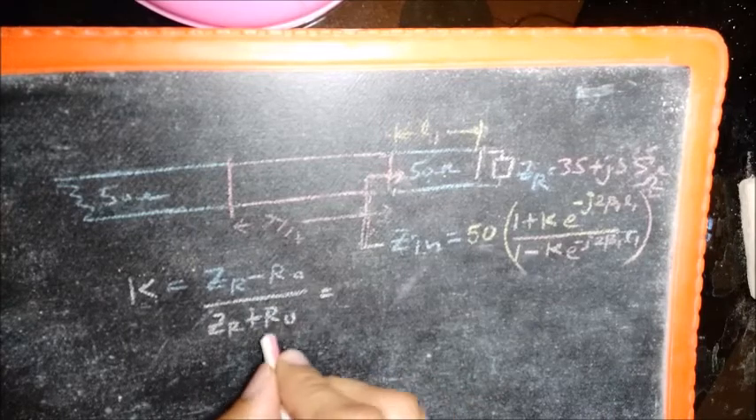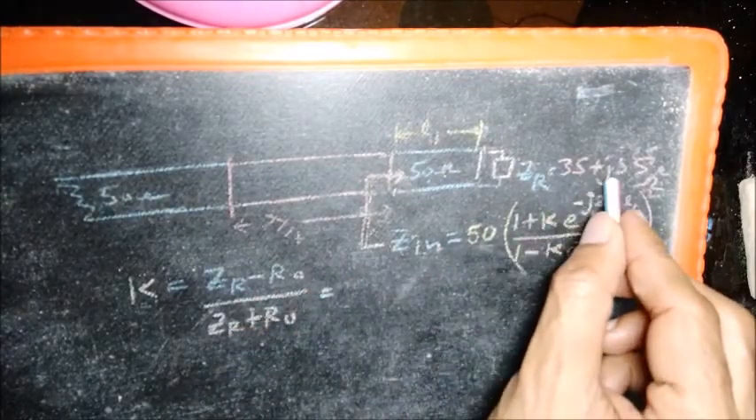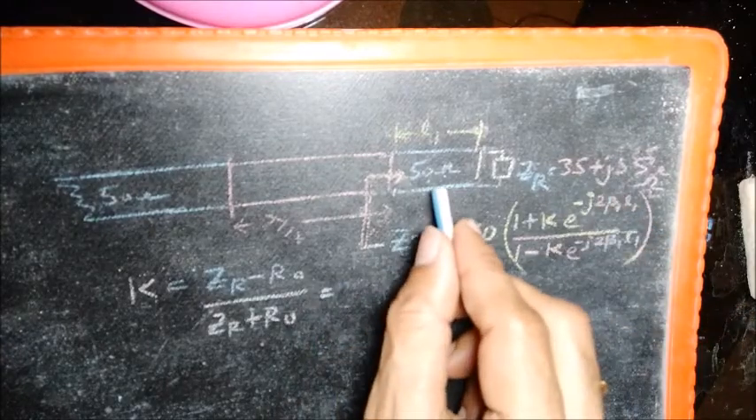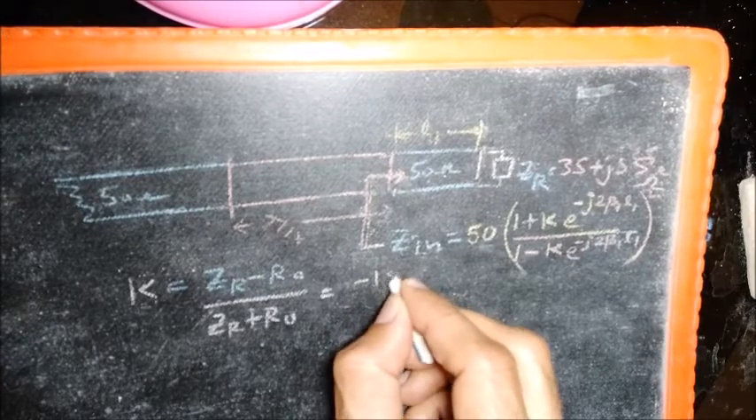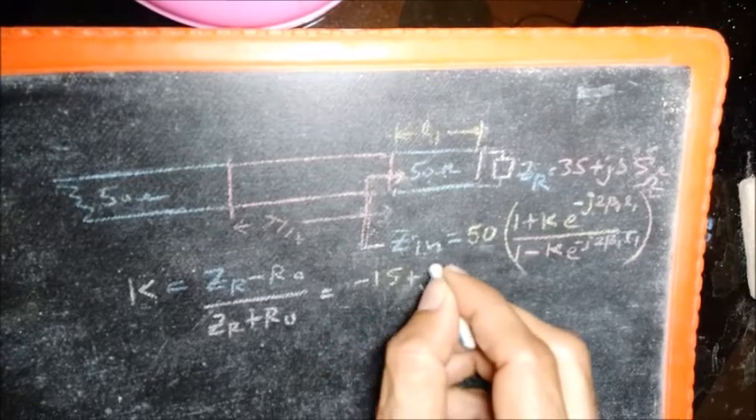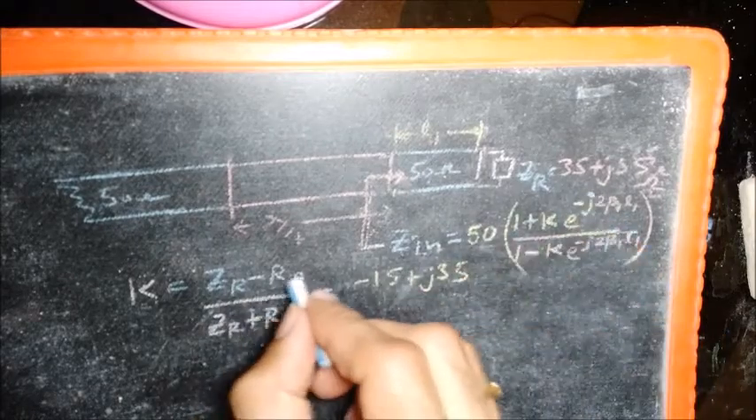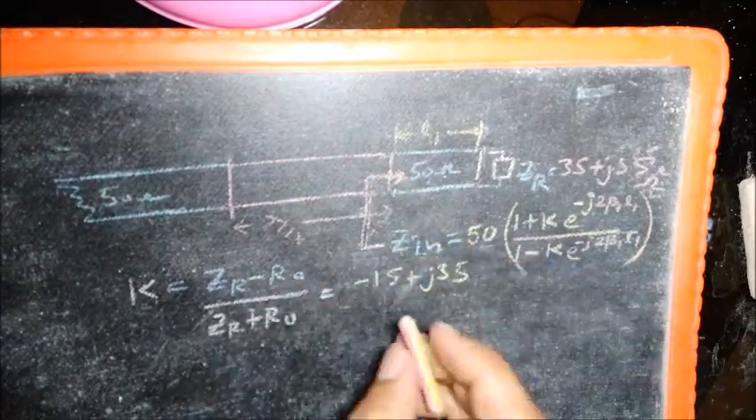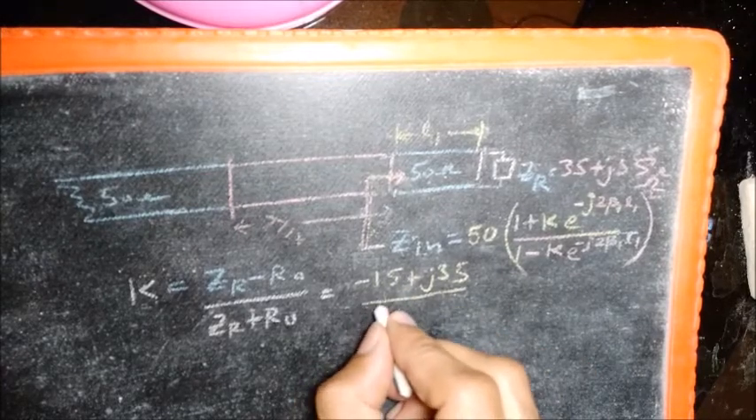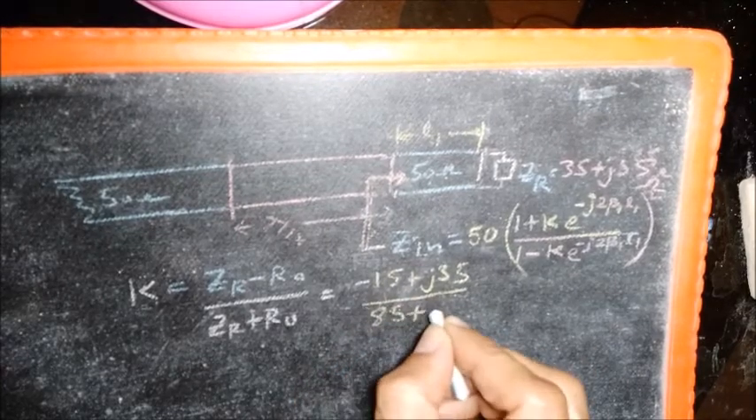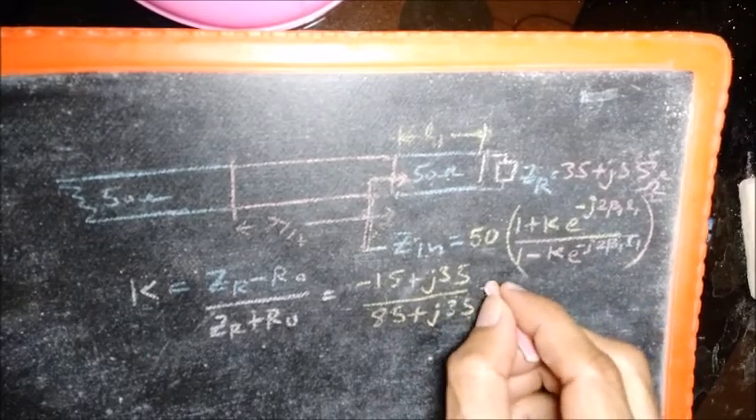So (ZR minus R naught) by (ZR plus R naught). ZR in our case is 35 plus j35 ohms, and R naught is 50 ohms. So when I do ZR minus R naught, I will get minus 15 plus j35. ZR is 35 plus j35 minus 50. So 35 minus 50 is minus 15, and j35 is there as it is, divided by, in the denominator I get 85 plus j35, and this turns out to be